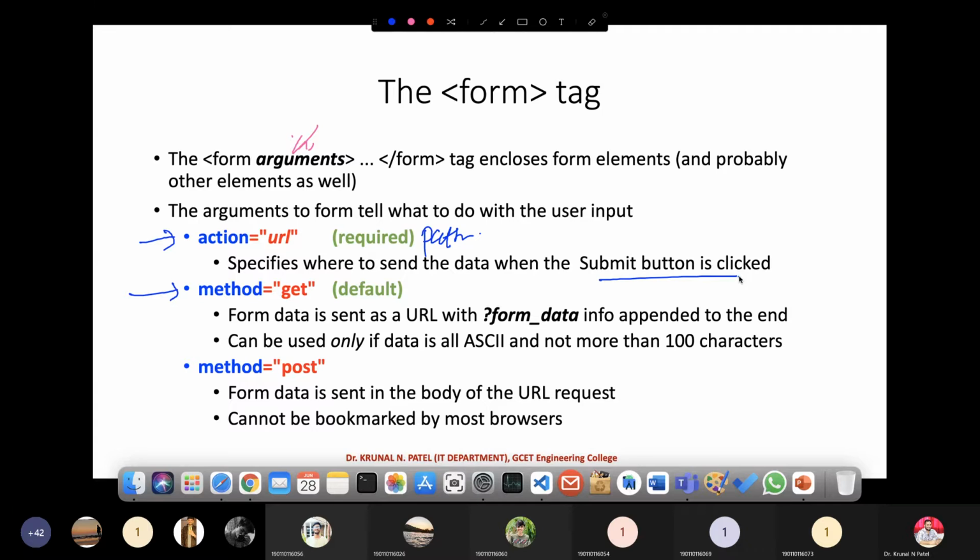As we know, when you click on a submit button, the data goes somewhere. But where is it going? For that, you have to provide a particular URL, saying send the data to this location. That URL may be a path or a single file. Suppose you are using PHP and my form action is action.php. When I click the submit button, that data will go to the action.php file.